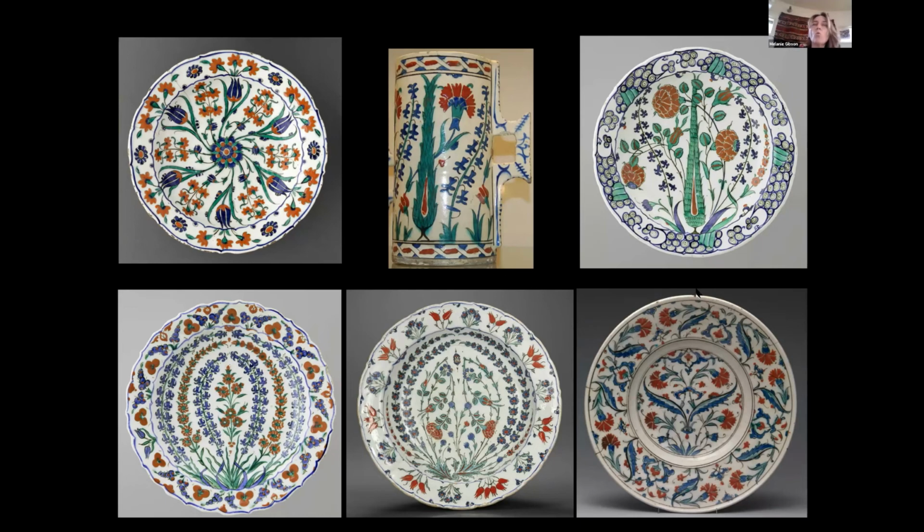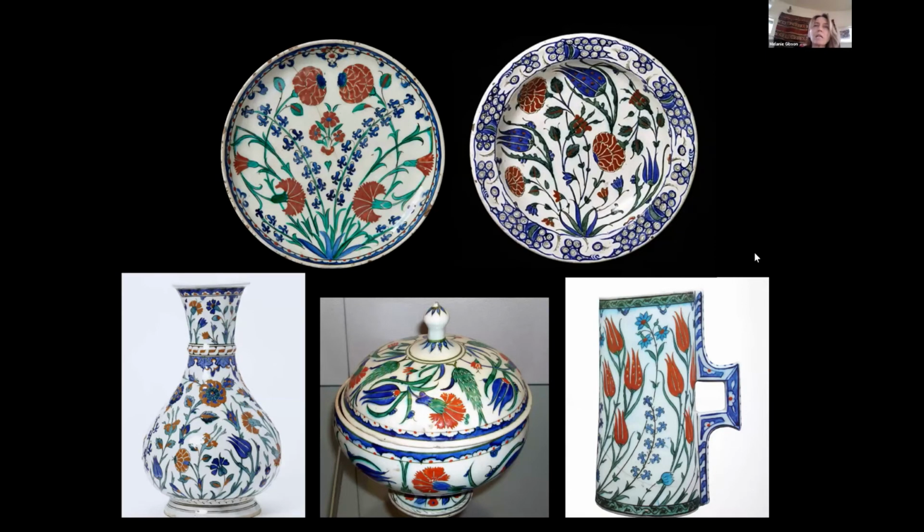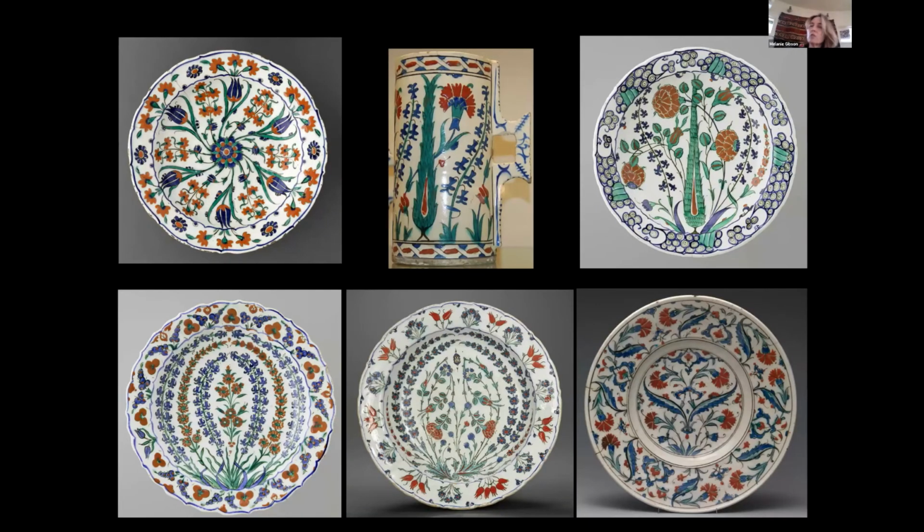So we largely see dishes, open dishes, which are like a canvas in terms of decoration. This is a very rare piece because it's a bowl with a lid. We see very many tankards like this particular shape, which might have been originally inspired by a wooden tankard, vases, and bottles. The craftsmen over this 40-year period, essentially from around 1560 to 1600, they really